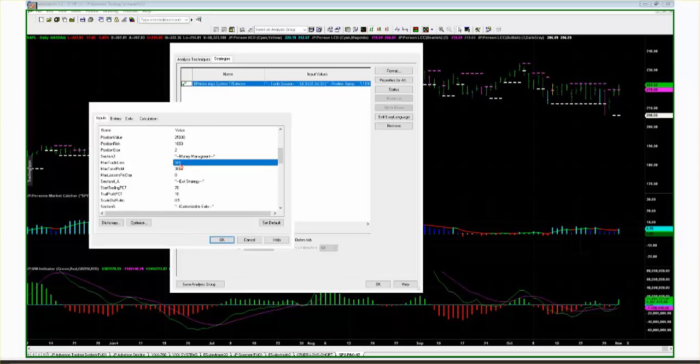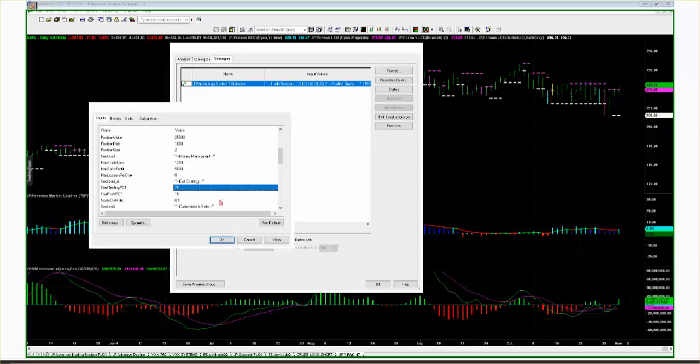It's like starting with a clump of clay. We're going to try to build a vase together, right? So max trade loss, let's just start. If we've got $25,000, 10% of a $25,000 account is $2,500. I'm going to start somewhere, and I'm going to go maybe 1250 for max loss, and then for profit, let's just put it at 5,000 just for right now. Both of these numbers are irrelevant right now. We just need to input something. And that's my thought process.